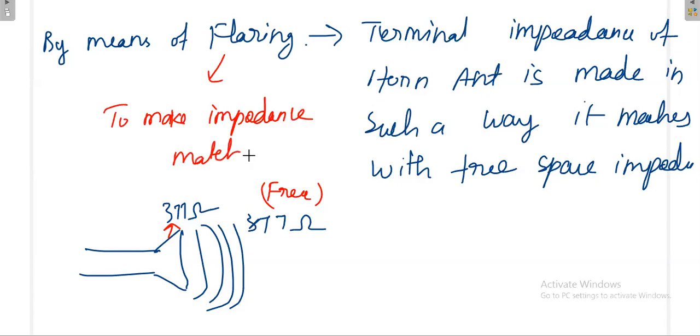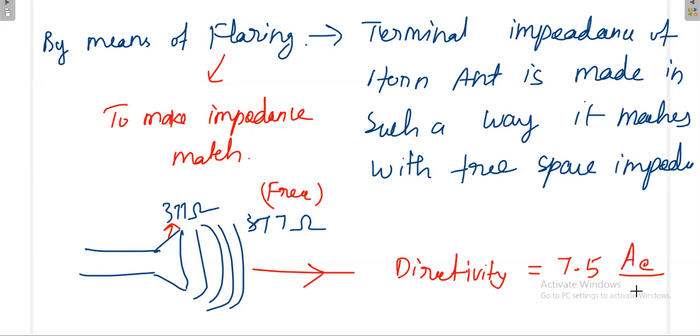So then what is antenna directivity? Because an antenna also has the ability to direct the signal in a particular direction. Suppose I place the antenna like this, definitely my power will go like this. So an antenna also has some directivity. The directivity of an antenna, simply remember the formula. Mostly they ask only this formula. Directivity of an antenna is 7.5 times effective aperture area divided by lambda square.